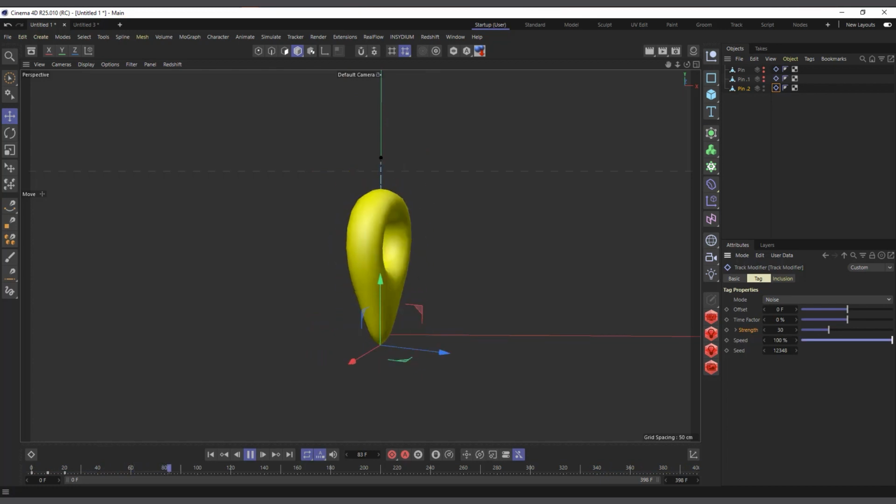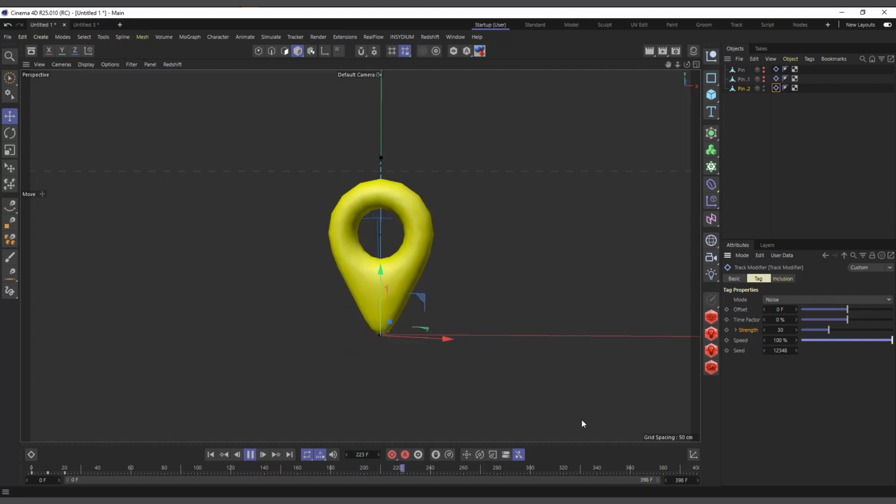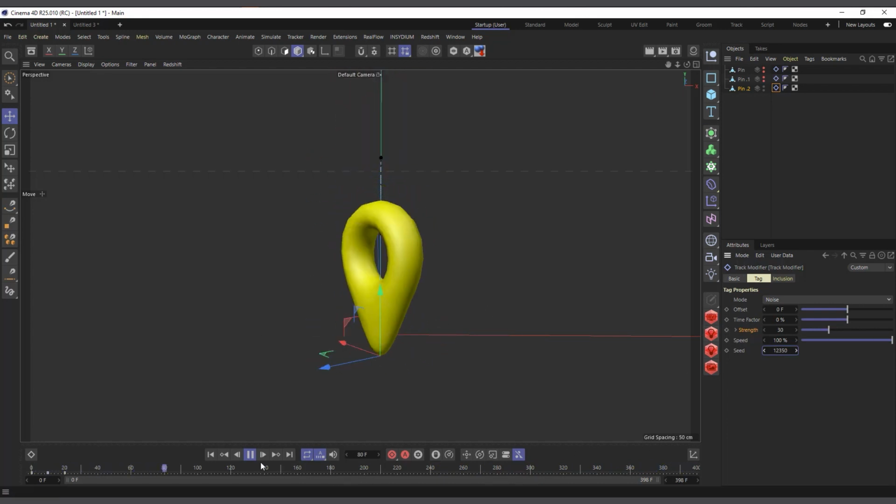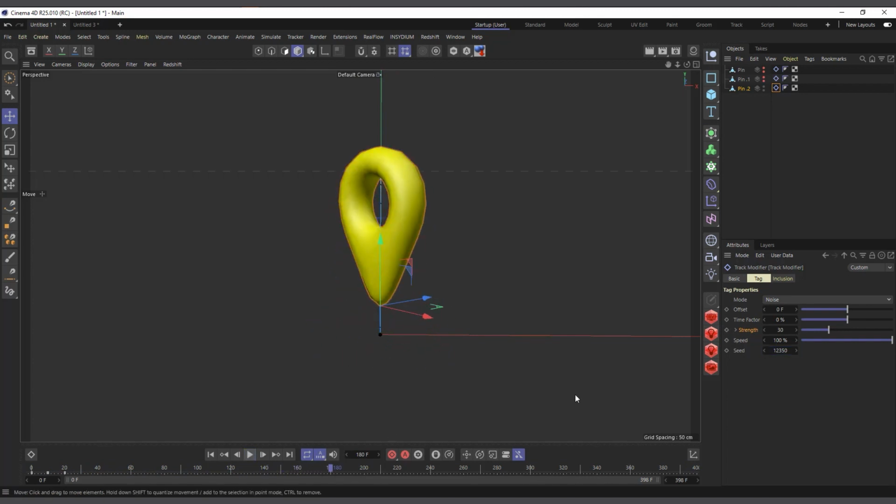So you can actually increase it and it'll be very, very quick and jittery and stuff like that, but it's very, very random. Now you can use the seed to also change the way the noise affects the animation that you have, the imperfection that you have. So you can use different seeds. So basically that's what the speed also does, and the seed also gives you variations in it.